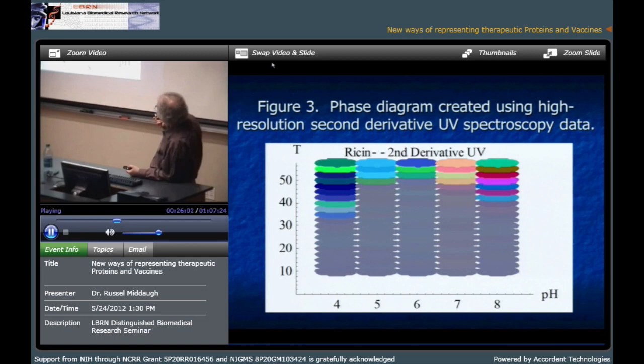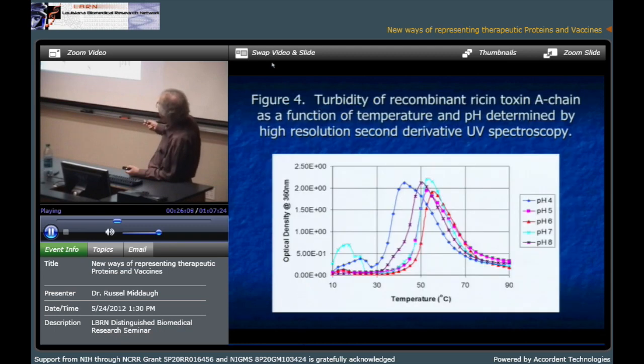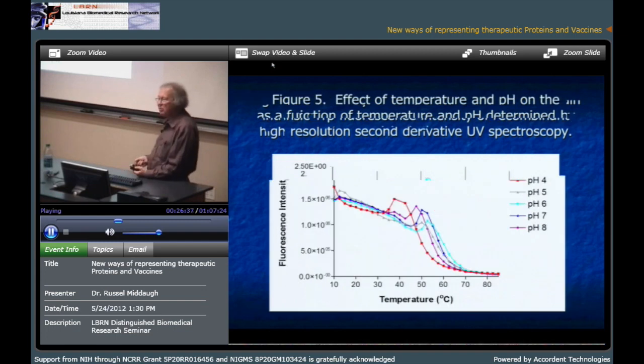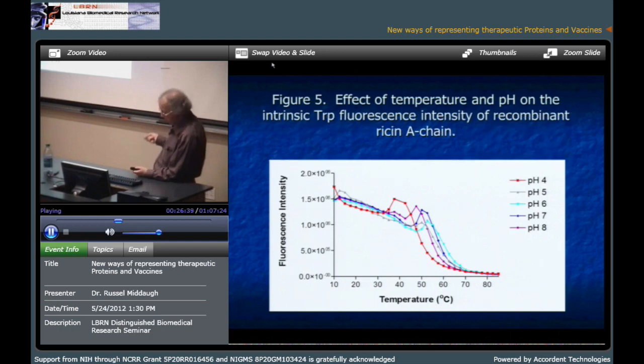To show, but what you'll notice is that up here, there's some melting of the protein already at 50, actually by 40 degrees, you're starting to see it. So it's not very stable, all right? So now what I'm going to show you is just a series of measurements of the ricin molecule at different pH values. And here's simply the light scattering. In this case, all we did was measure the turbidity, the optical density at 360 nanometers. And you can see that even in the most stable form, by 35 degrees, you're beginning to get some aggregation. It's very unstable, although it's very pH dependent.